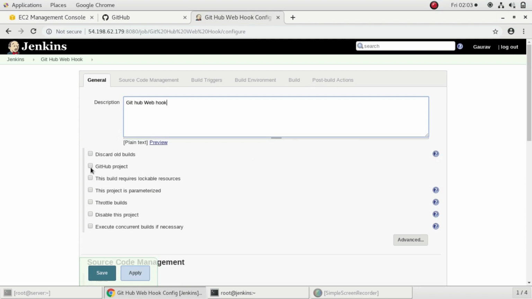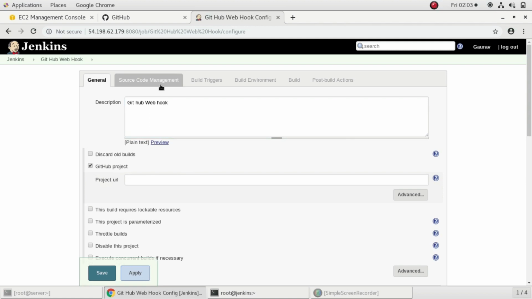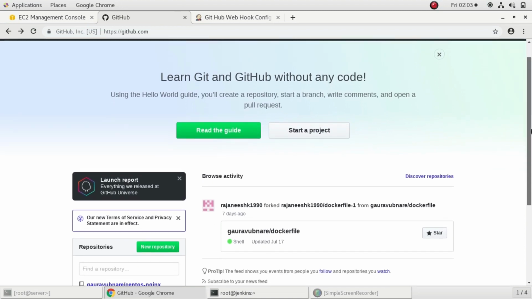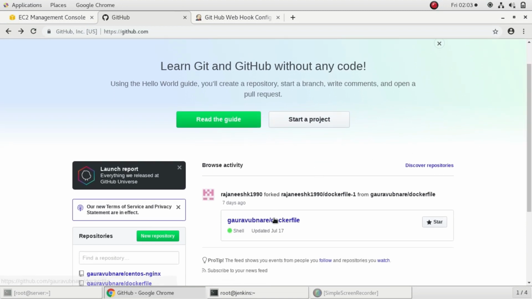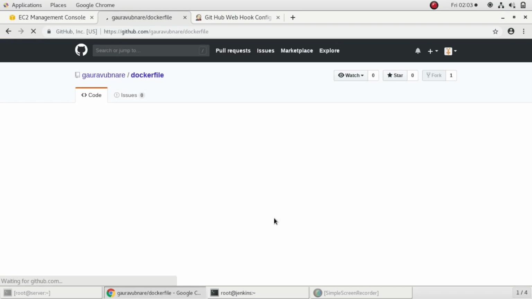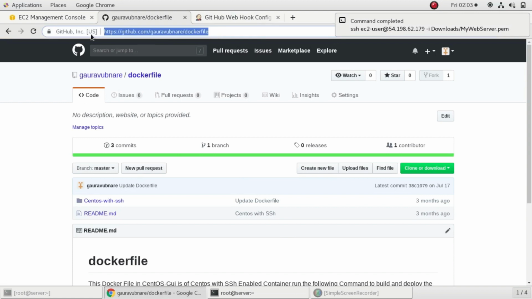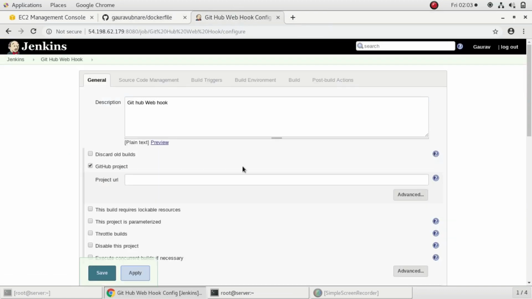I'll give the GitHub project URL it's asking. So this is my GitHub account, and this is my repository from which I want to build the code. I'll copy this repository URL and paste it over here.